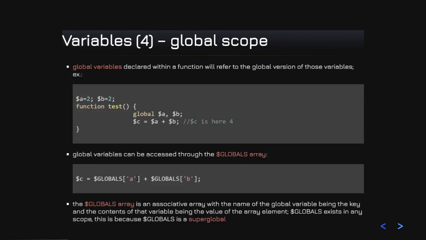So the globals array is an associative array having as index, or as key, the name of the global variable, and the value, or the content, is the actual content of the variable. And the globals array does not need to be declared using the global prefix, because the globals array has the superglobal scope. And the superglobal scope means that